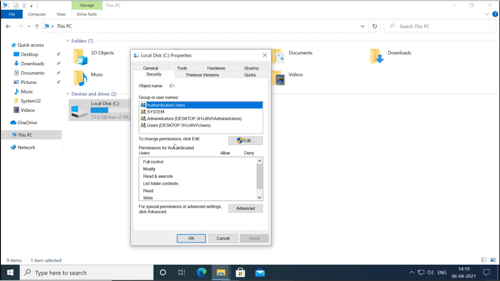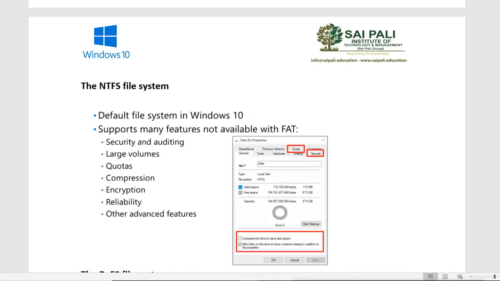This feature is available only when you have the file system NTFS. If you are using FAT, you will not see this. As you can see in this image, you have quota, you have security, and you have compression, and other options.